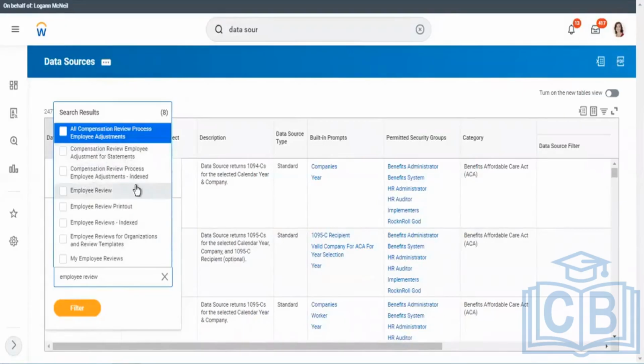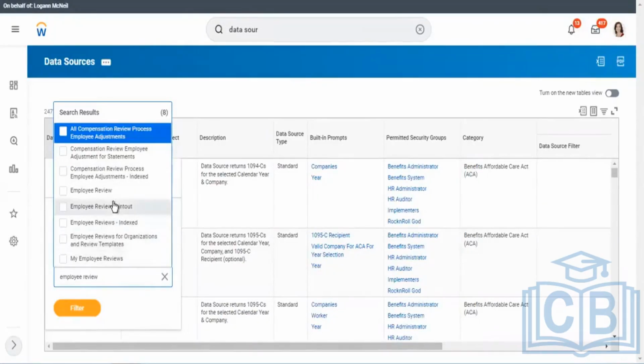And employee reviews indexed, a source for when an employees want to review their own reviews, which will give current information of that employee. These are all the sources which play an important role in the employee review process, be it compensation or performance reviews.